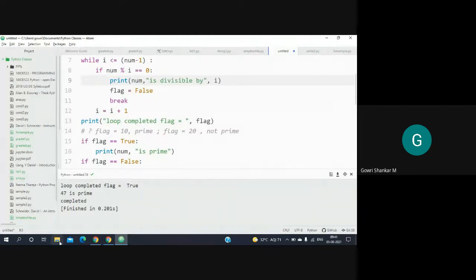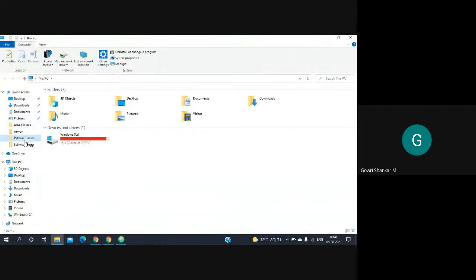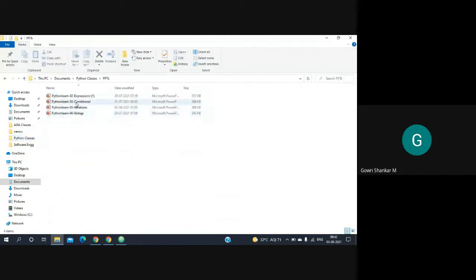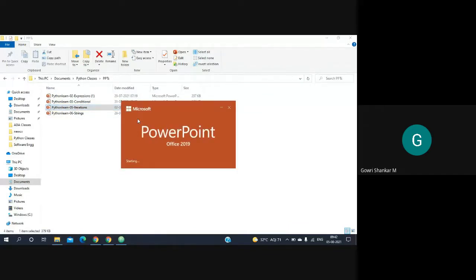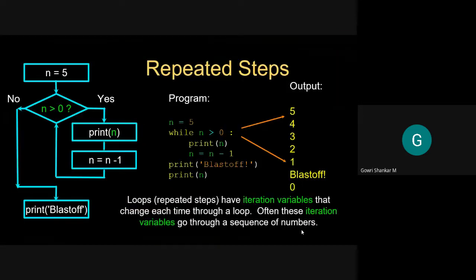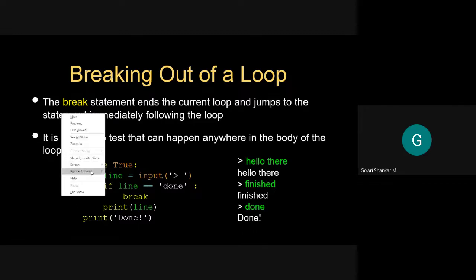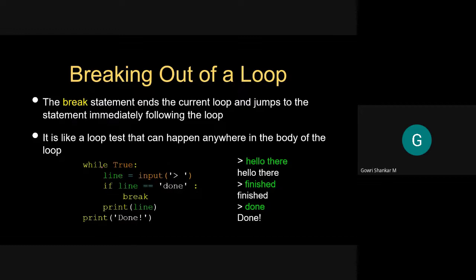What do you mean by break statement? Let us see that. So we see here, this is the condition: while True.